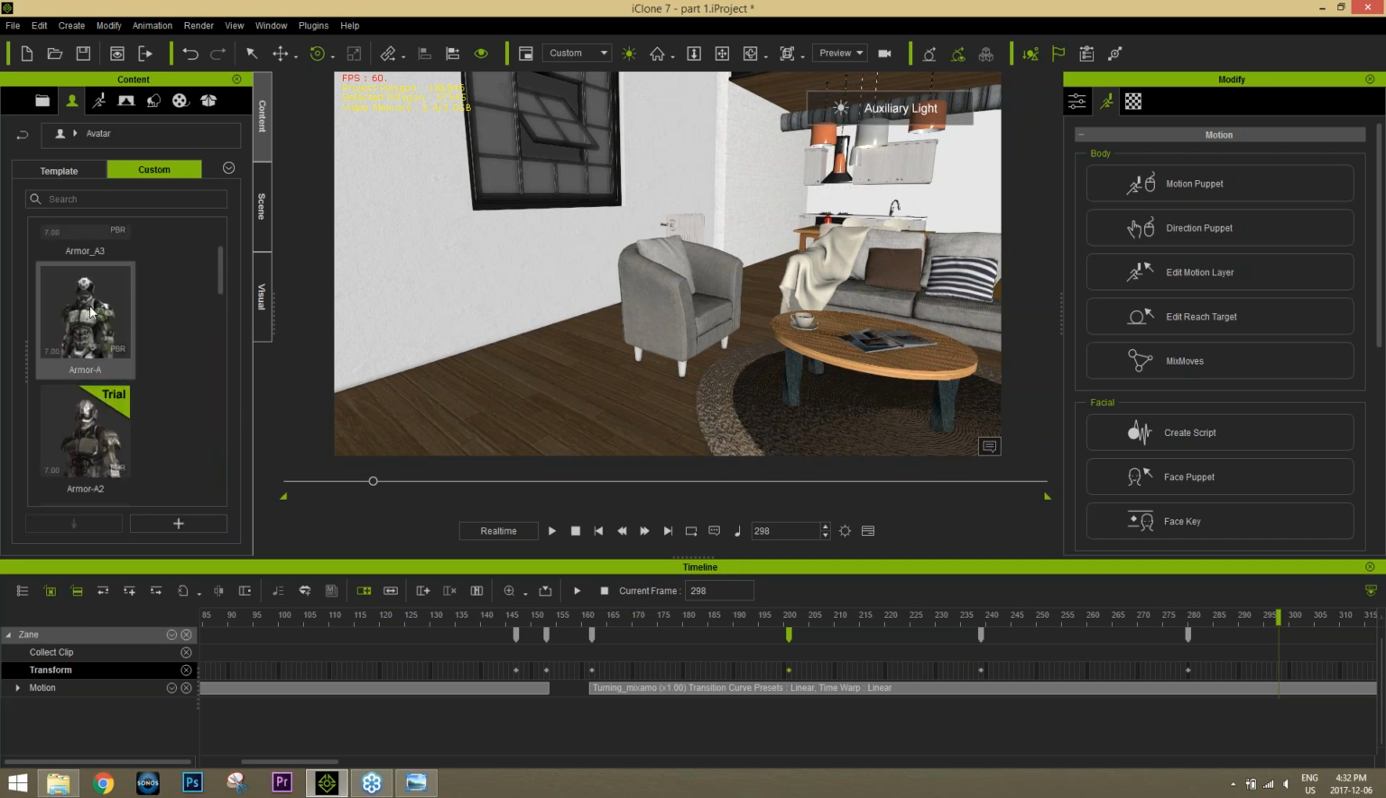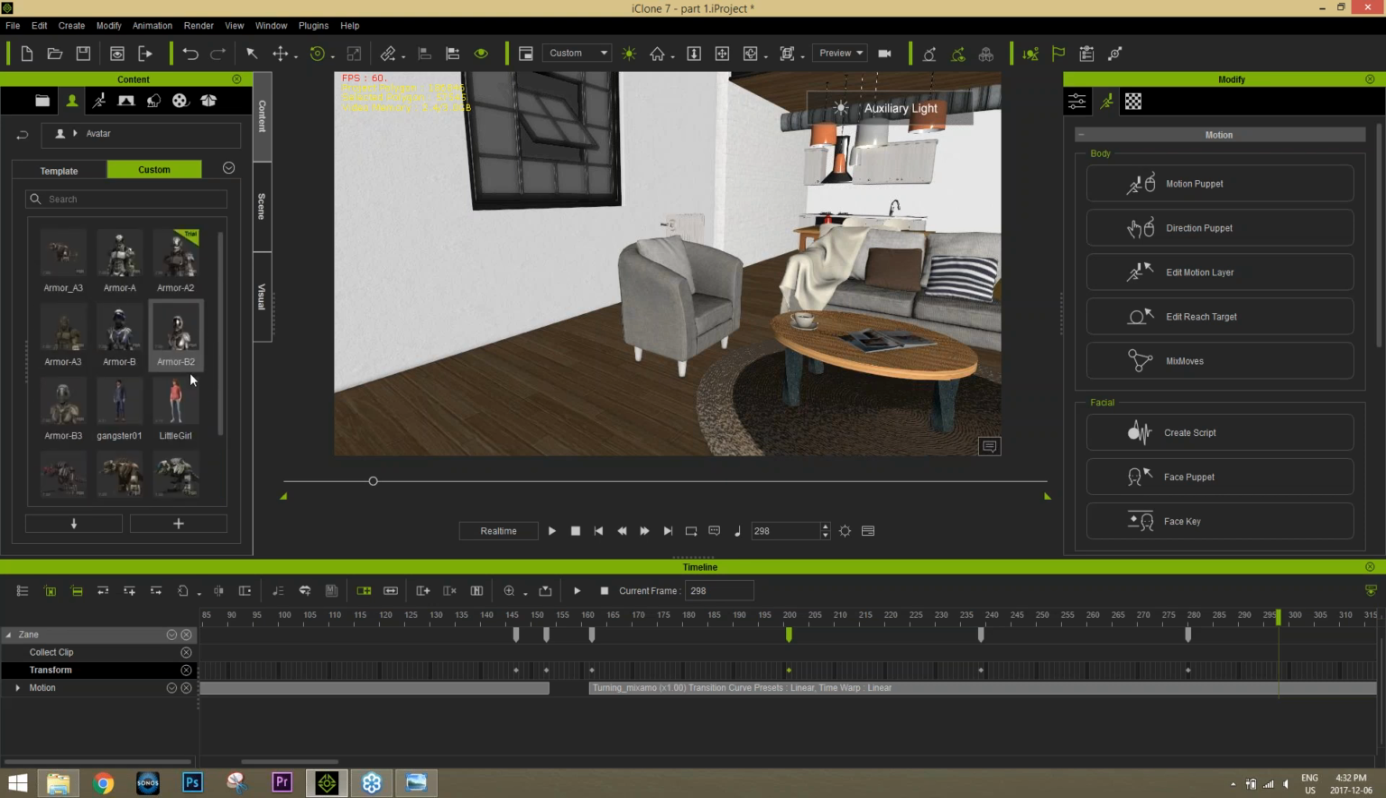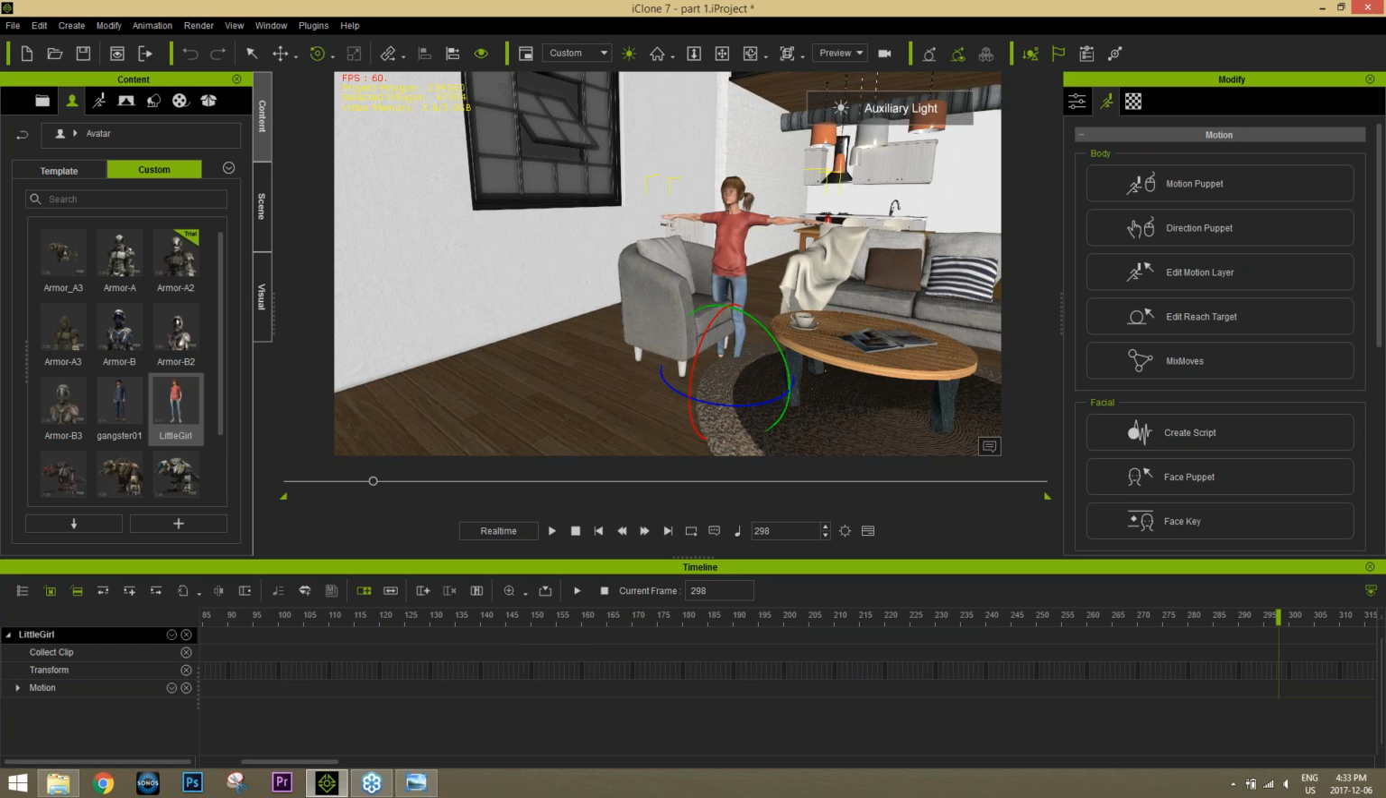I'm going to press Control 1. If your view here is a little bit too large, you can press Control 1 to toggle between the views. And there I have my little girl. So I'm just going to bring her in. And we're going to make sure that we bring her in at frame 1. So I'm going to go back to frame 1 here and get her in the right position. And we're just going to apply that,